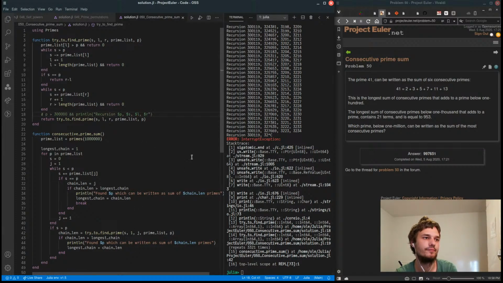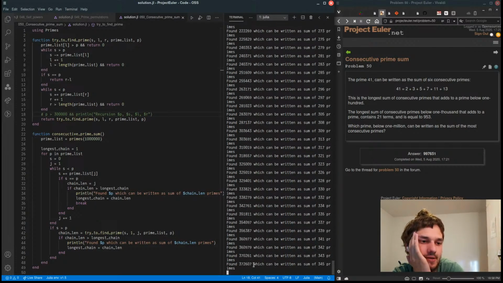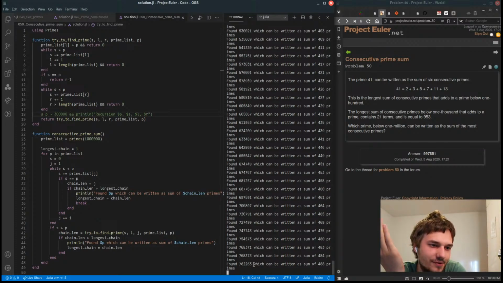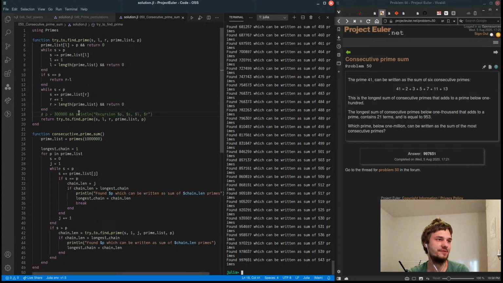Okay. I think I know a way to speed this up, but wait, what? I'm not going into recursion hell anymore? This is super weird, but okay. Well, wait. What I was thinking is